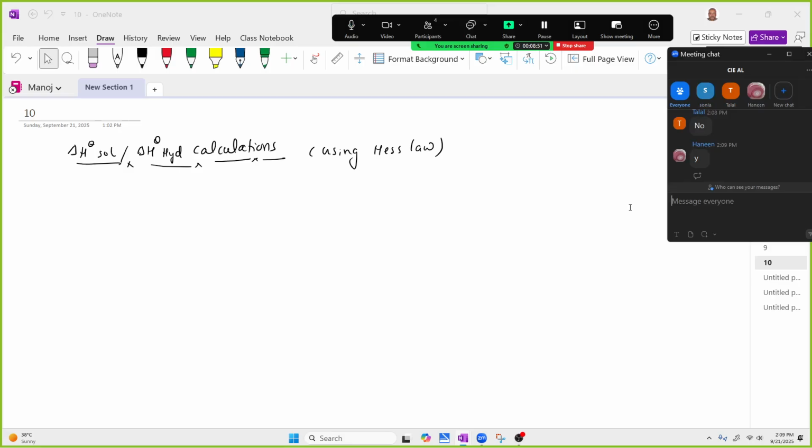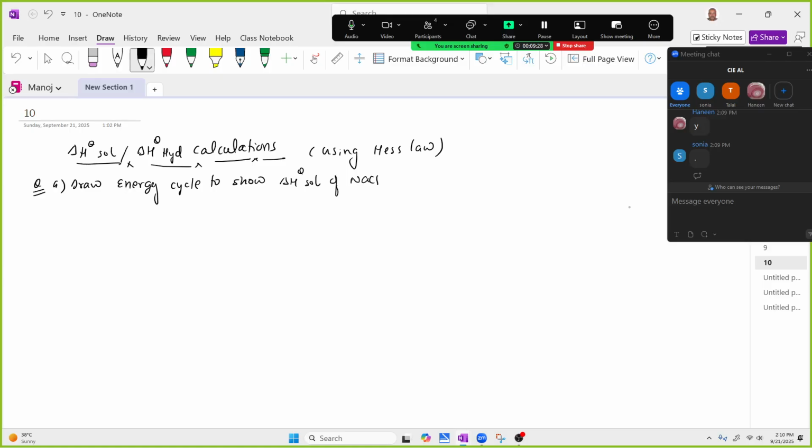Let's have a look. It's a very simple calculation. The diagram never changes. That's the good thing. So for example, if you have a question like, first of all, this is A part, draw energy cycle to show delta H solution of NaCl. Now, what you have to understand is whenever you do this kind of question,